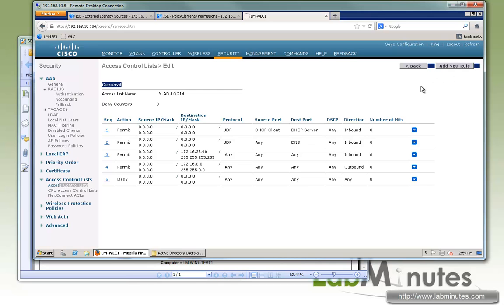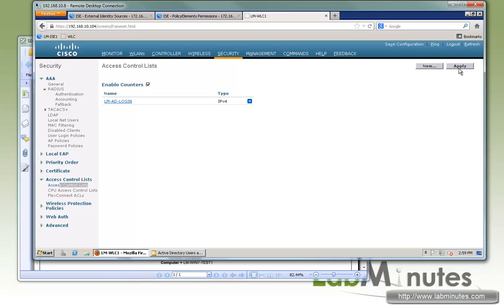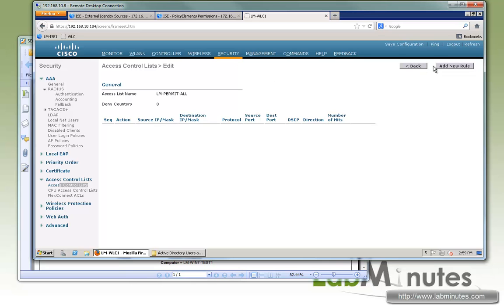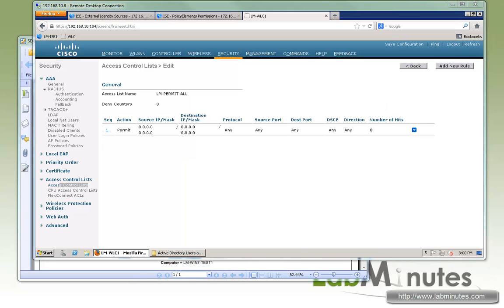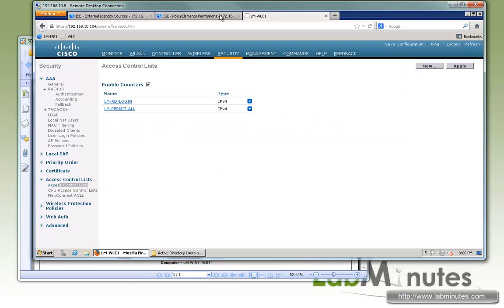All right, so let's go back and create one more. That will be for our permit all. That would be LM permit all. And as the name implies, we're going to permit everything, so both directions and permit. Okay, now that we have the access list configured,